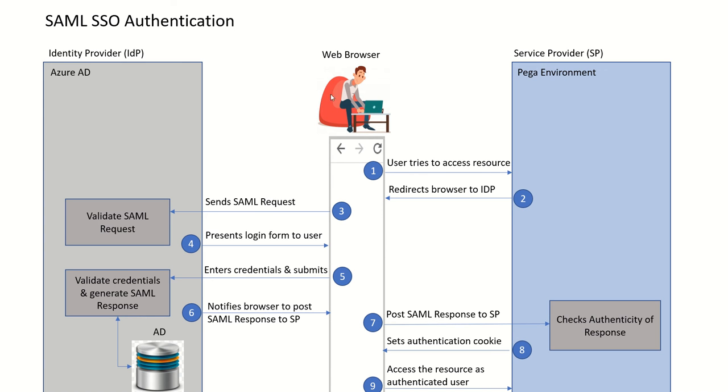In our example, a user is trying to log in to a Pega environment via SSO SAML. He hits the Pega SSO URL from the web browser, and then gets redirected to the protected resource on a Pega environment. That is the use case we are going to demonstrate today. And not just the use case, we are also focusing on how the actual configuration is set up at the identity provider side and how exactly the configuration is done at the Pega environment side, which is acting as a service provider